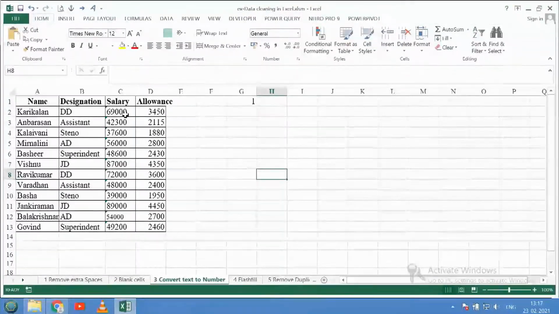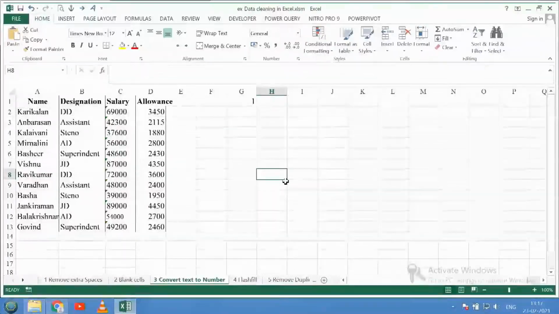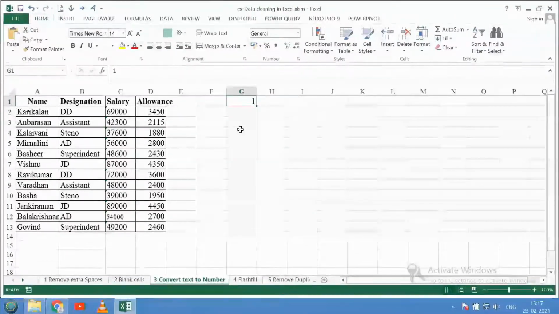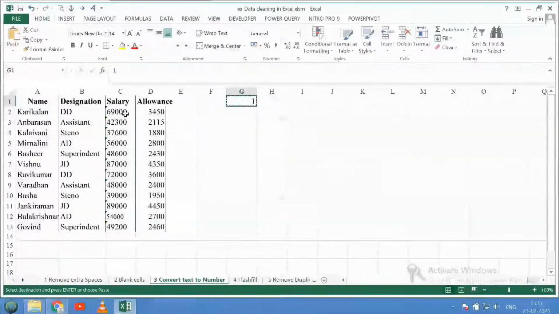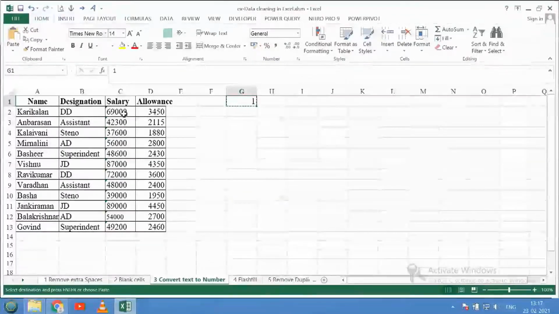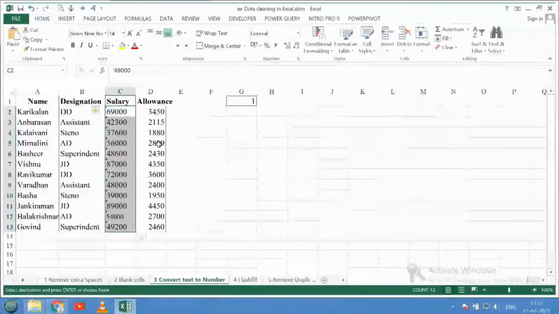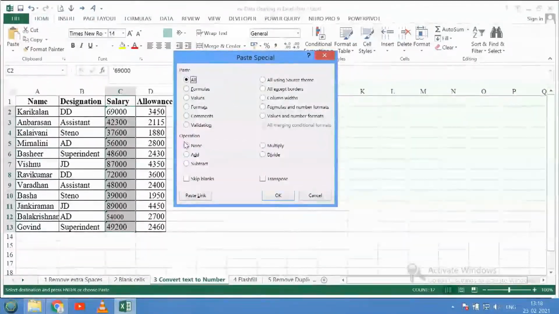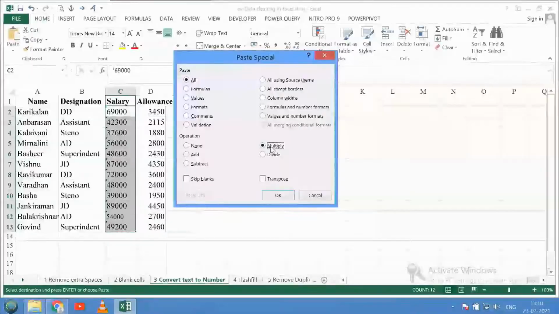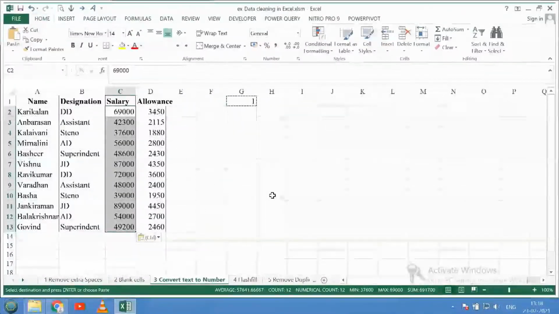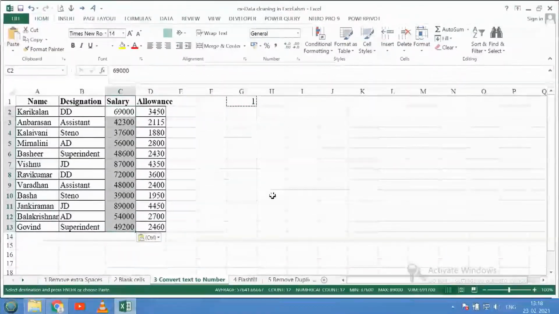If we want to convert the salary to number format, type 1 in any one of the cells and press Ctrl C. Then select all the rows where the numbers are in text format. Then go to the Paste Special option. Under Operation, choose Multiply. Then click on OK. Now all the numbers are appearing right justified. The number entries are now corrected.